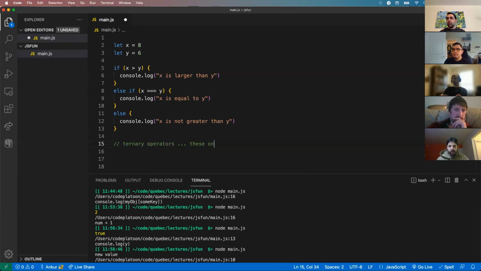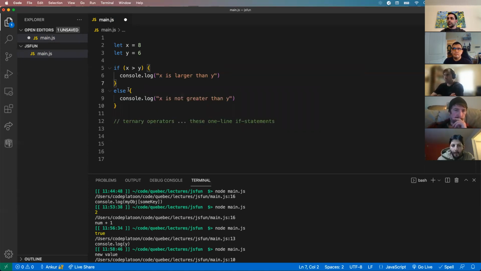These are one-line if statements, and they should be used but not abused. So the way you do this is, let's say I want to do something like what I had before, where I have x greater than y, console log this, or console log that. I can write that in a single line if statement called ternary operators by doing something like, let me actually,